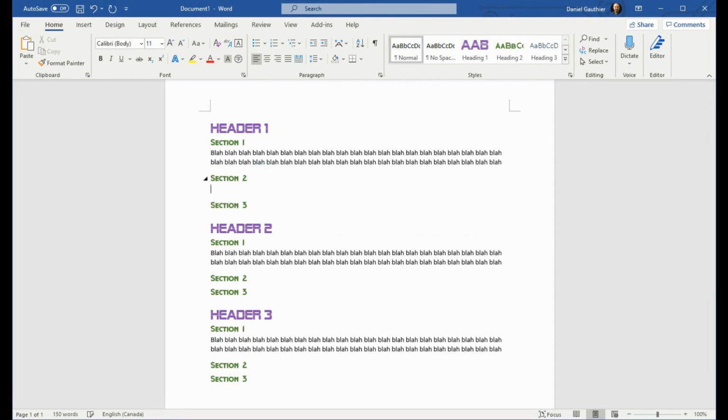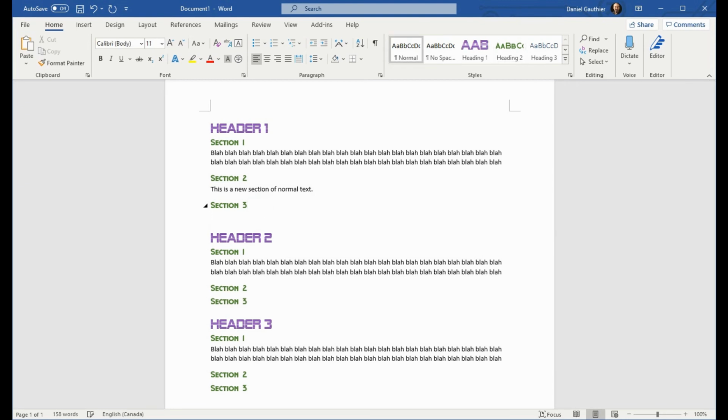So if we go in to create a new section, then it knows to use that type of text, even though I clicked in beside it here and start typing in something else. So this makes it real handy when you're trying to work with sections. There'll be some other stuff we'll be able to see in a moment when we come back to that.